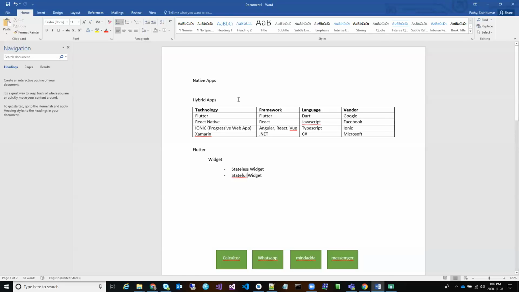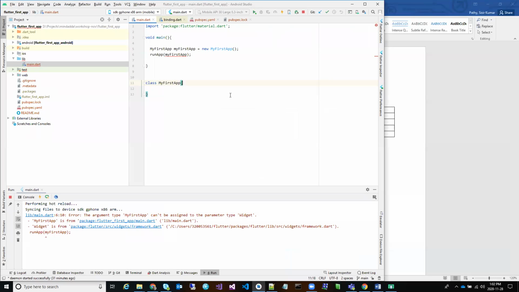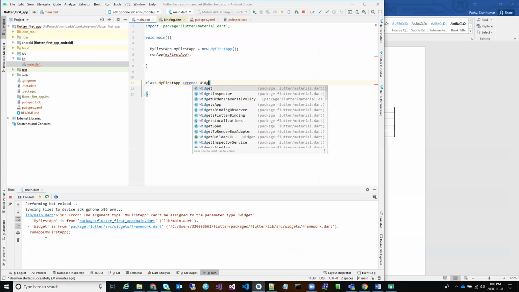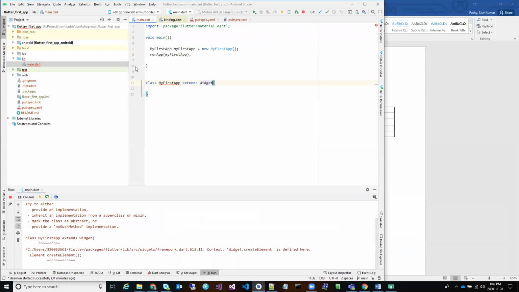All right. The reason I brought up stateless widget, stateful widget, and widget for that matter is key. For our application to run, we need to call runApp. runApp takes one instance of a widget type, or any class that inherits from widget. So the class we have created needs to inherit from the widget. So let's extend it from widget. What it says is missing content, and so on. So the reason I brought up stateless widget is that stateless widget means